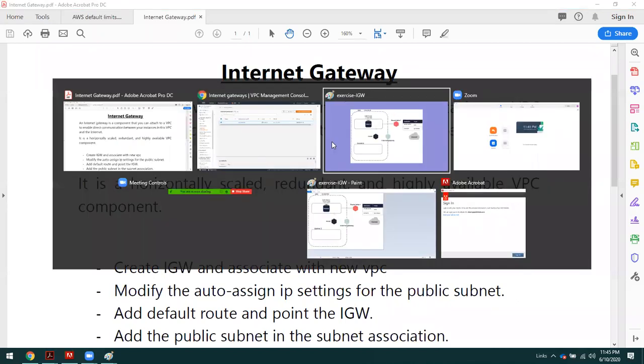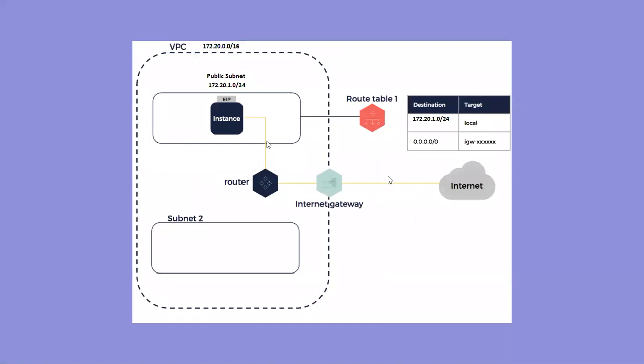What is Internet Gateway? Internet Gateway is a gateway where an EC2 instance can connect to the Internet directly. So this will allow EC2 instances in the VPC subnet to connect to the Internet. Internet Gateway will allow inbound and outbound Internet connection. If an EC2 instance has a public IP, it can connect to the internet without any issues. So we are going to see how to configure this internet gateway in the AWS VPC.